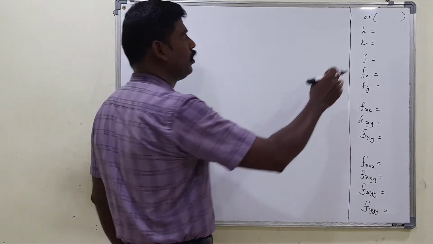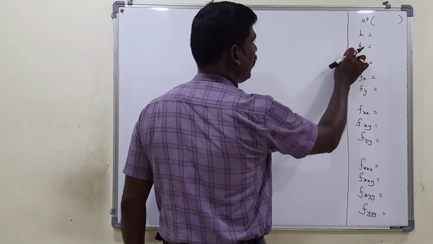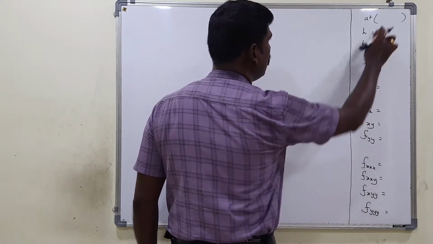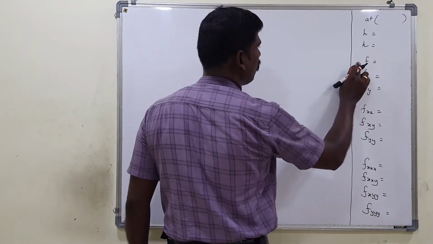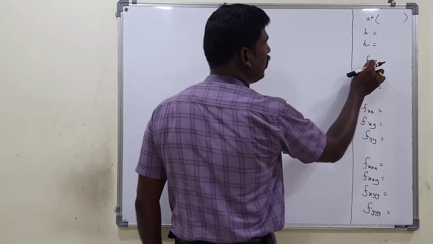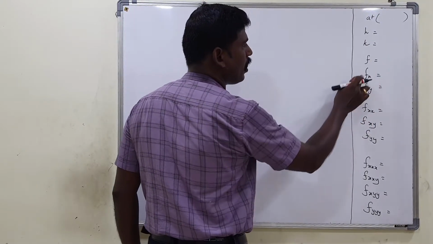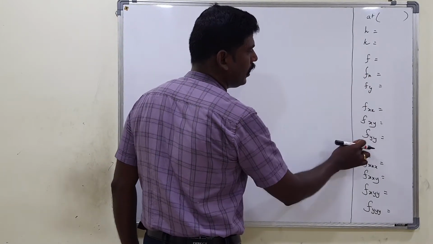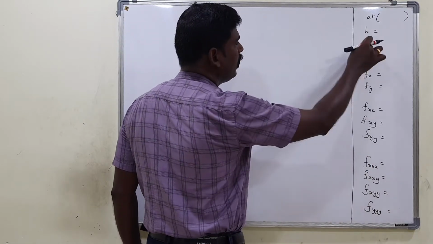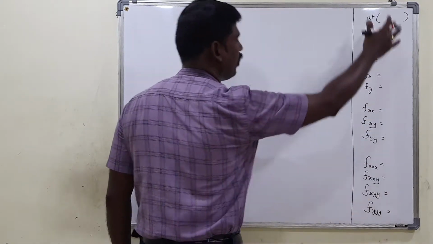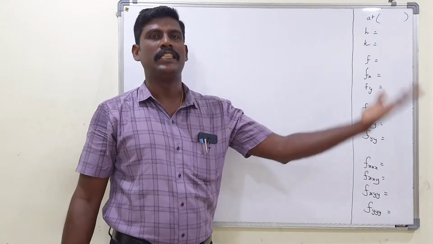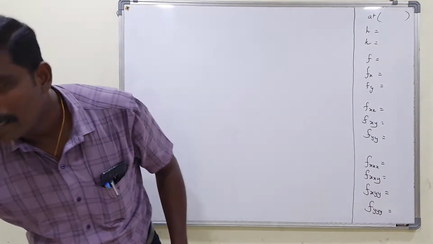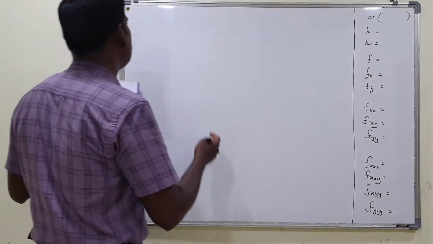So let us go to the problems where how to find the Taylor series expansion of a function in two variables. So first write the given point and then find out the value of h and k, right? What is h? X minus a. What is k? Y minus b. It's based on the given point. For f, which is given in the problem, substitute this value into that function f, you can get the value of f. Taking the partial derivative of f with respect to x and y, you can get it. Taking the second order partial derivatives of f, you can get these three values. Third order partial derivatives, you can get these four values. After finding all these values, substitute these values into the Taylor series expansion, you can get the Taylor series of a given function in two variables. Now let us go to the problems based on this Taylor series of a function in two variables.